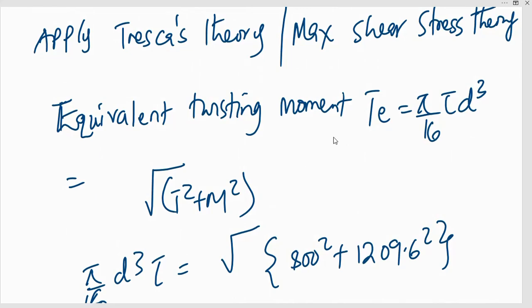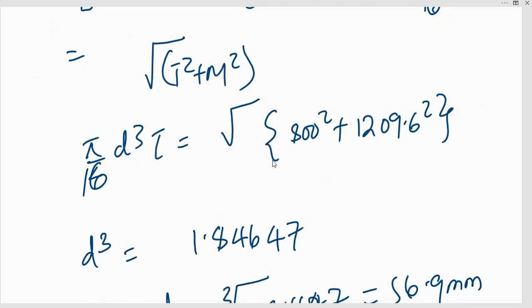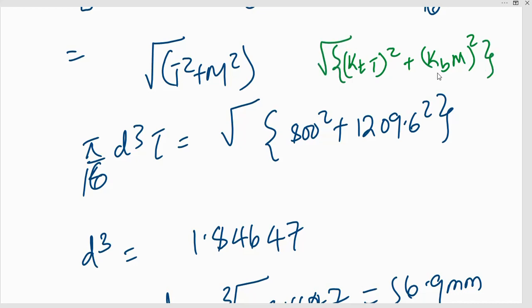So we need to also determine the equivalent twisting moment, which is TE equal to pi out of 16, then tau d cubed. But remember, it is also equivalent to the square root of T squared plus M squared. Here, the shock and fatigue factors are considered to be 1. So that's why we are having it as T squared plus M squared. But when given the fatigue factors, then it will be like the square root of KT T, bracket squared plus KB M squared, everything under root. But here, since we are not given these factors, KB and KT, then we will assume